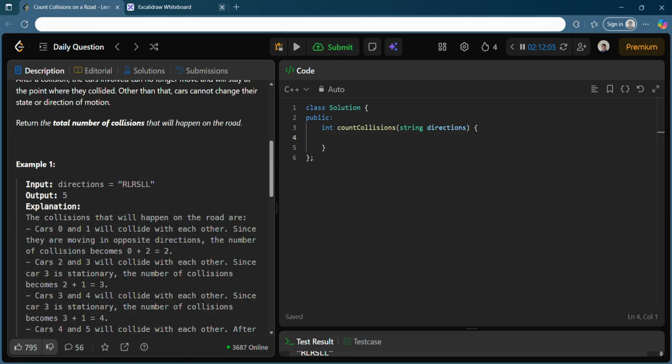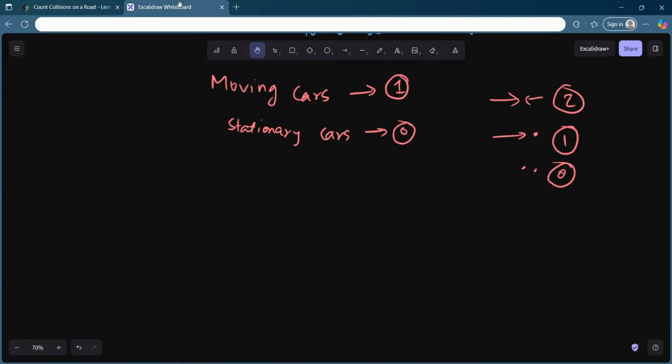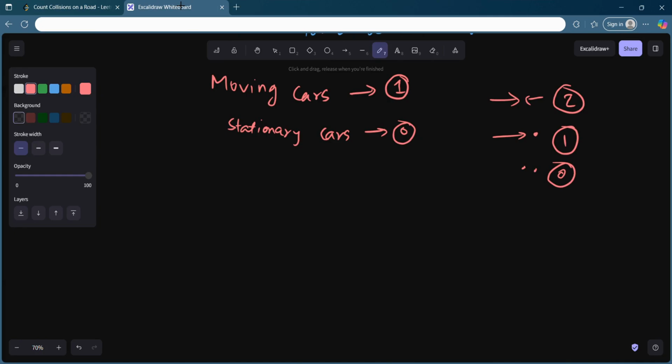So if you try to see the problem at first, a very cool observation can come to your mind. See, you are given some cars like this, on a number line. The cars are something like this. Some are moving left, some are moving right. Let's say this is left, this is right, this is left, this is stationary, and then let's say this is right, and so on. Let's say this also goes left and this is going right. So one thing is sure that in your whole array,